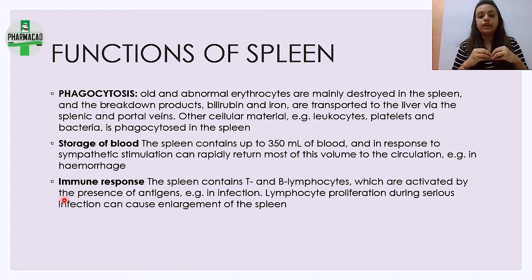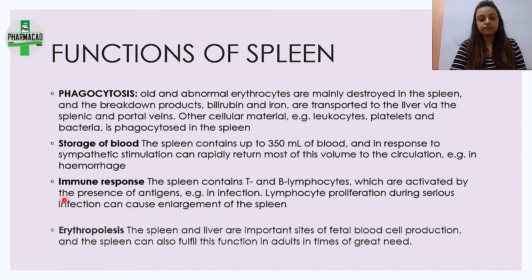ये तो एक हुआ कि immune response. जब हम बोल रहे हैं कि वो RBC को भी मार रहा है, तो in any condition when RBC destruction is more, RBC का killing is happening in more quantity, that means the spleen is working out of proportion. Even in those conditions, the spleen is going to be enlarged.